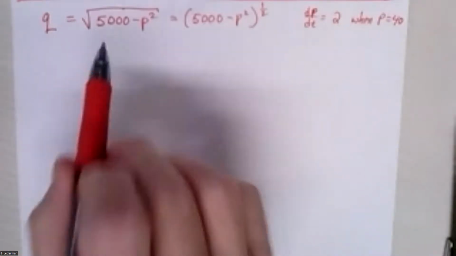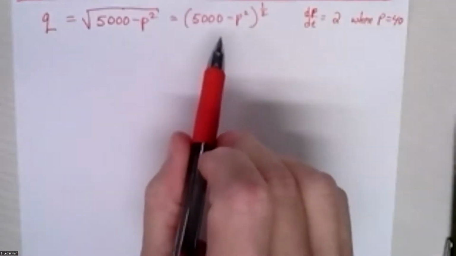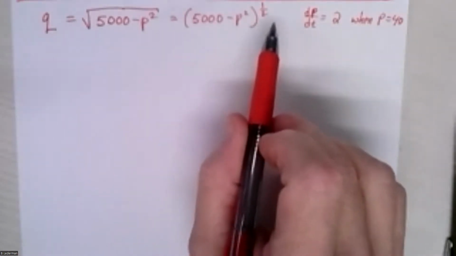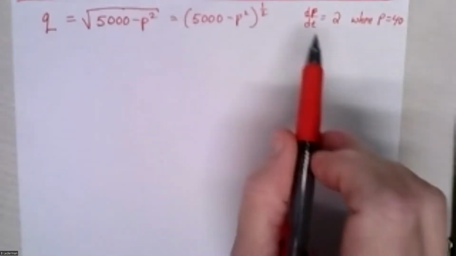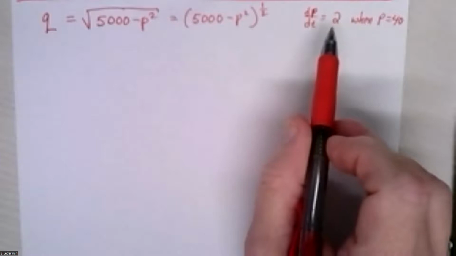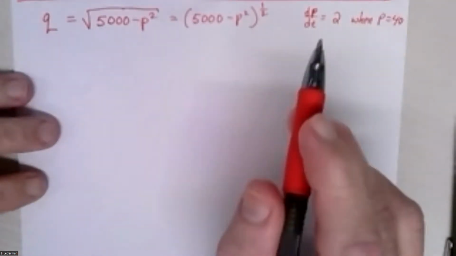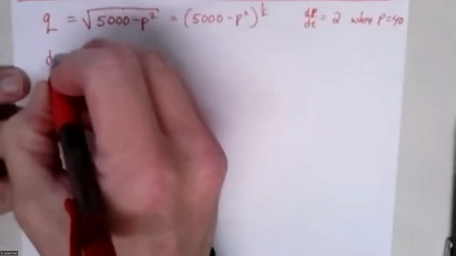So summarizing the information they gave us, Q is equal to the square root of 5,000 minus P squared, which by the way, as an exponent, is 5,000 minus P squared to the 1/2 power. With calculus, it's always easier to write things with exponents. And they also told us that dP/dt is equal to 2 when P equals 40. And we want to find dQ/dt. So we're going to take the derivative of each side. So dQ/dt